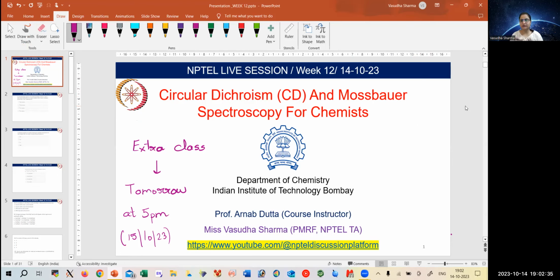So today we will compile all the examples that we were discussing regarding the Mössbauer spectroscopy. And there are some additional examples, how we can have mixed valence compounds and the metals, the iron specifically, how we can distinguish them. And we will be having certain assignment problems. Now,